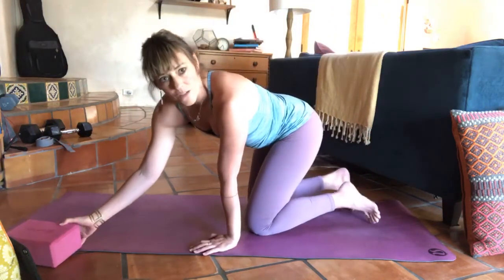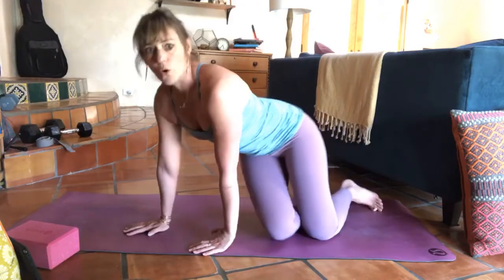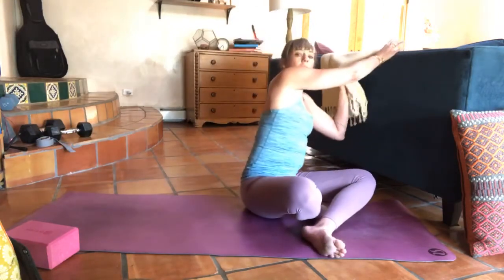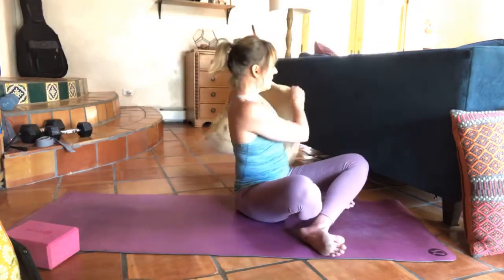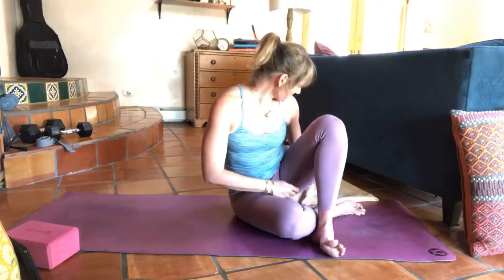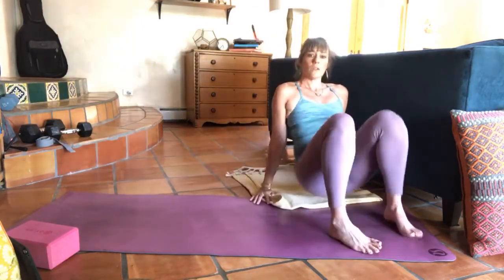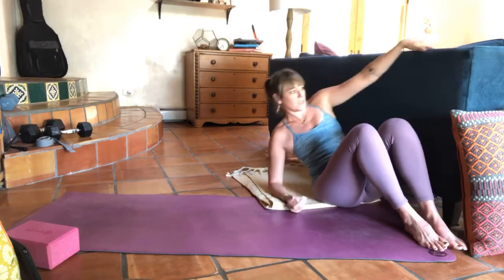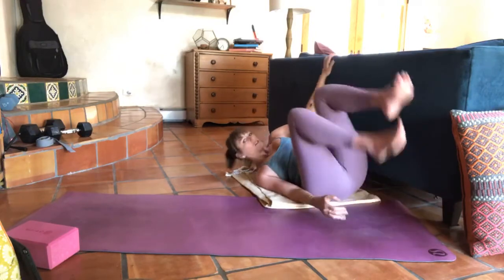Now we're going to make our way to Shavasana, and you can take the normal corpse pose for Shavasana today, or I'm going to show you a couple of different options. Coming up against a wall, or for me, the back of my couch. I just invite you to scoot your right sits bones so that they're in contact with whatever vertical surface you're coming up against, whether it's a wall or the back of your couch or the back of your bed or whatever it is. And just roll yourself onto your back,